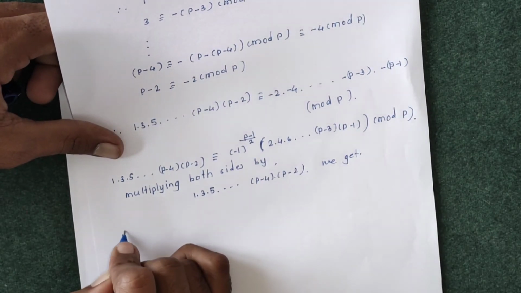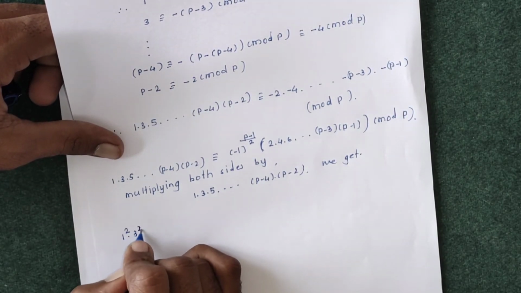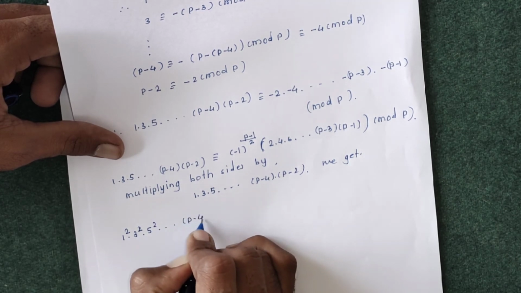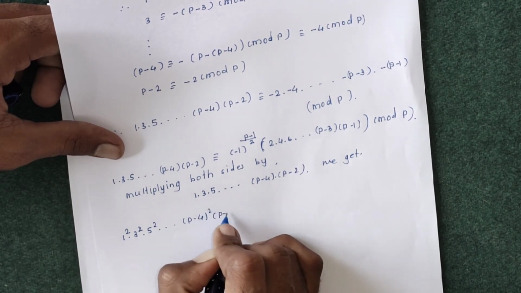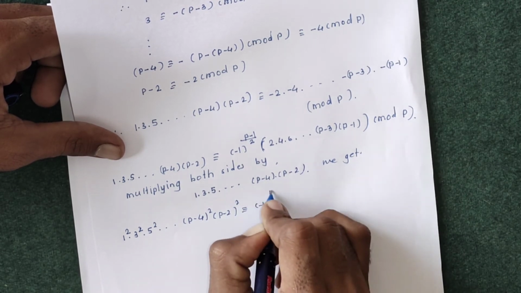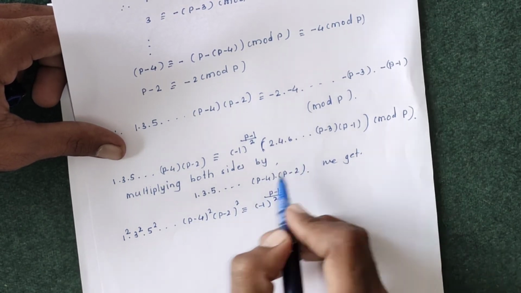So we get 1 square into 3 square into 5 square up to (p minus 4) square into (p minus 2) square, which is congruent to (minus 1) raised to (p minus 1) by 2 into this 1